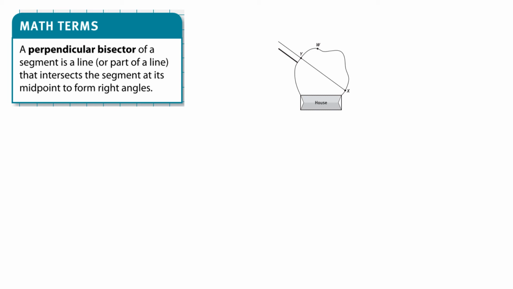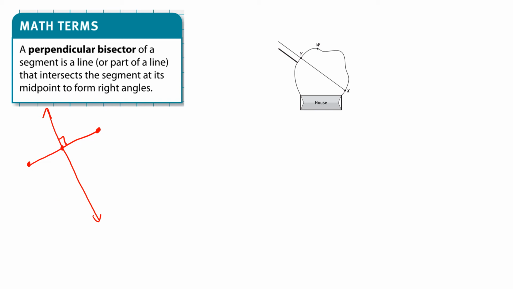A perpendicular bisector of a segment is a line or part of a line that intersects the segment at its midpoint to form right angles. So if I've got this segment right here, and then I've got a line going through it exactly at the middle, at the midpoint. This line right here, the one that's a line, that is what we call the perpendicular bisector of the segment,